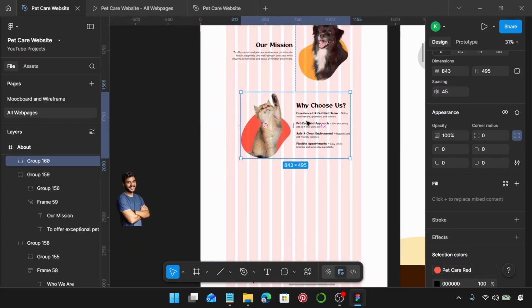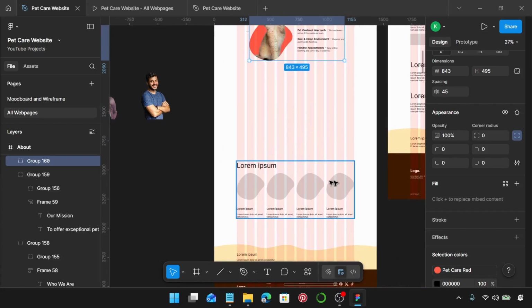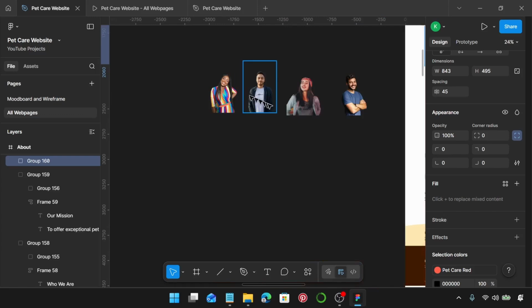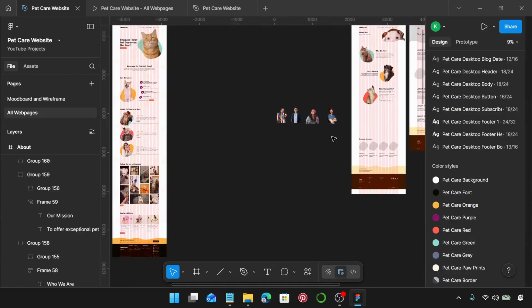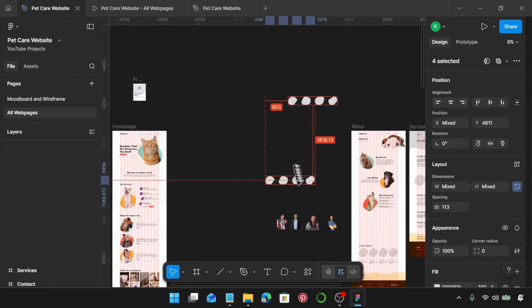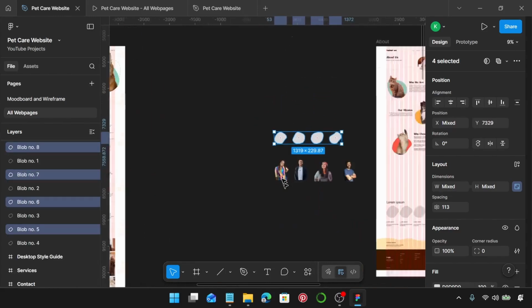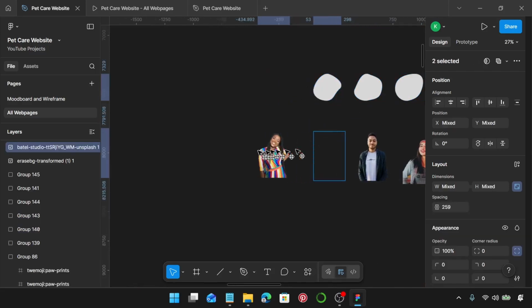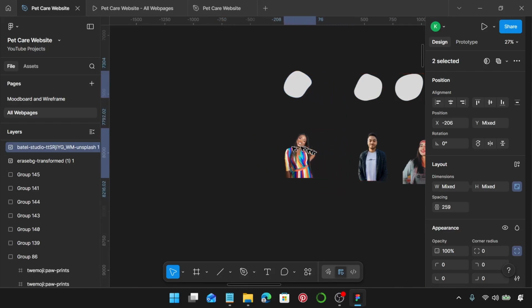Let's now work on this section. For this section, we're also going to need to work on these images, so let's go ahead and do that. I'm going to grab copies of these blobs. We're going to need copies of all 4 since we have 4 images to work on. Let's do this one by one. I'm going to start with these 2,